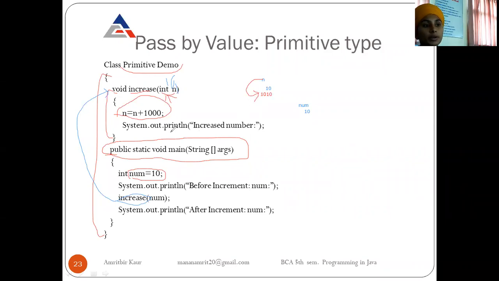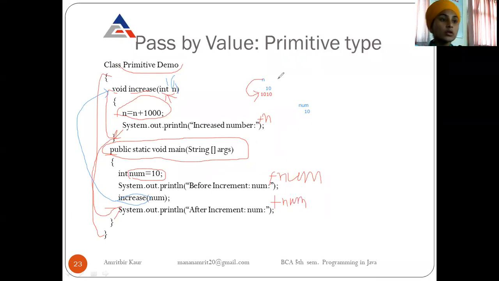So it will print the increased number on the screen. Here we can write plus n. I missed it in the coding, you can write n here. So it will display 110 on the screen. When control reaches the end of the method body, it will return to the next statement, which is System.out.println. So now it will print num on the screen. Here plus num is also missed, you can write it, because for displaying a number we have to use the variable name.